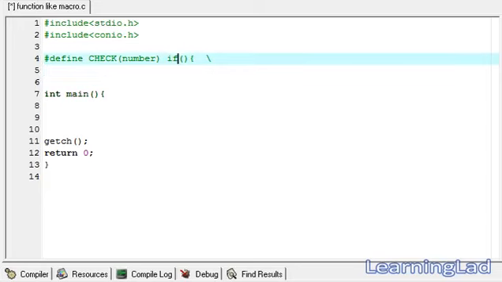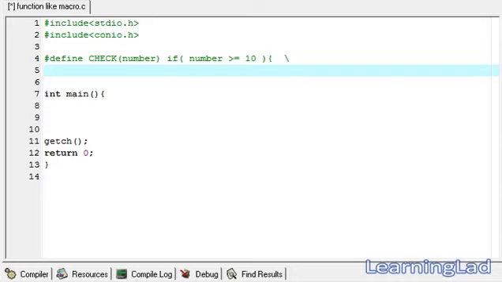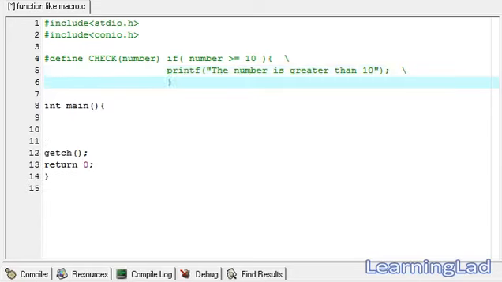Okay, first in this if statement, if the number is greater than or equal to 10, then here we're gonna use a printf statement, and we're gonna say the number is greater than 10. Then since we want to put this closing curly brace in the next line, we're gonna add a backslash here. Then in the next line we're gonna write else, then a backslash, then in the next line